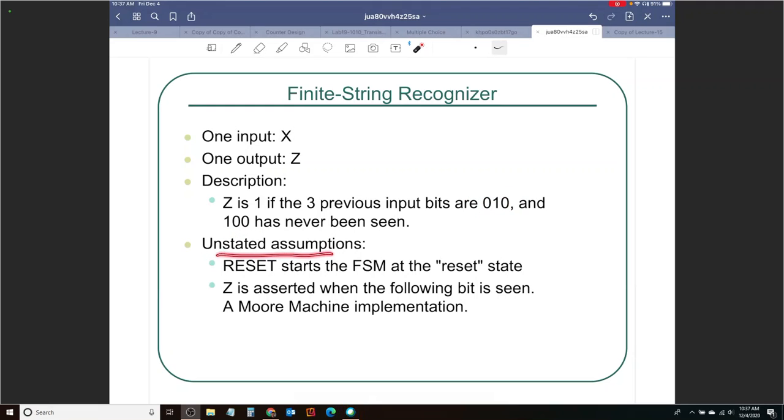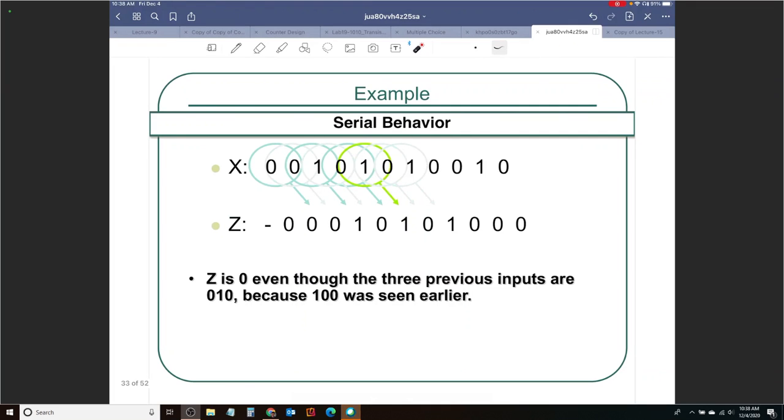Now, some of the unstated assumptions that we need to explicitly mention before starting to design this FSM is that there is a reset that starts the FSM, which is essentially your initial state, and Z is asserted when the following bit is seen. So it's going to be a Moore machine because we are waiting for that FSM to go to the next state and then change the output. Okay, so with this, let us go and